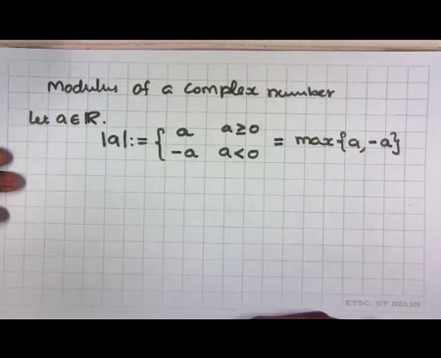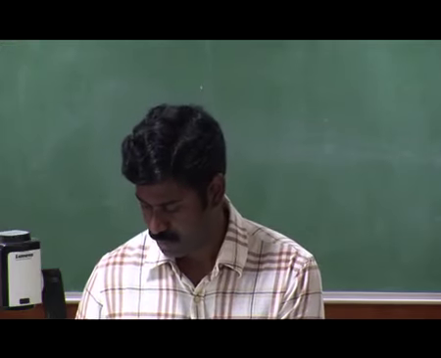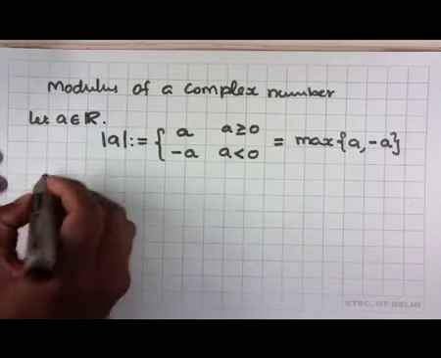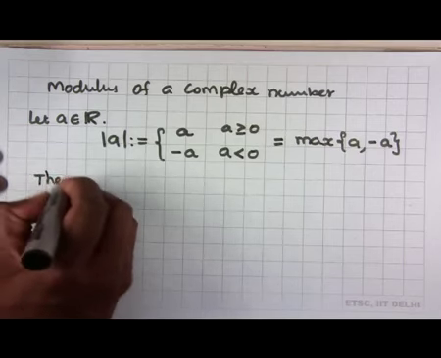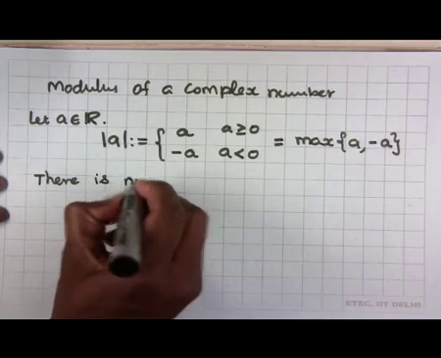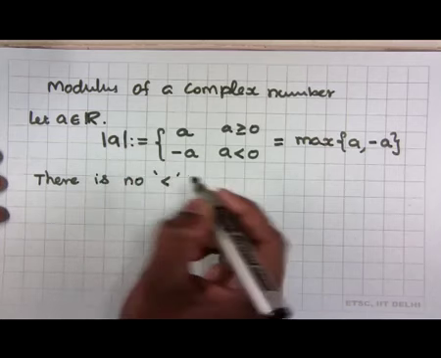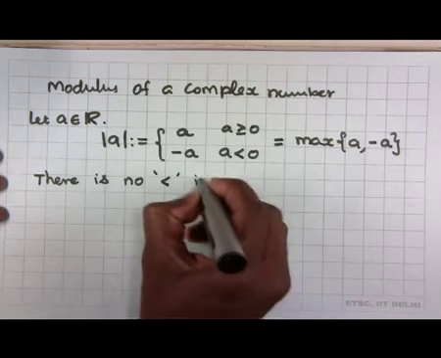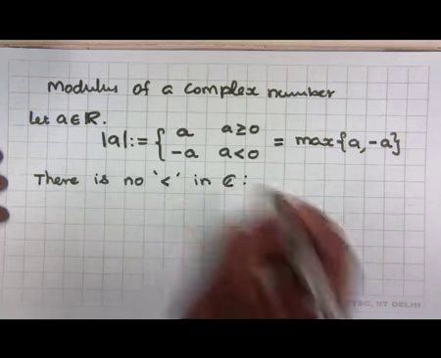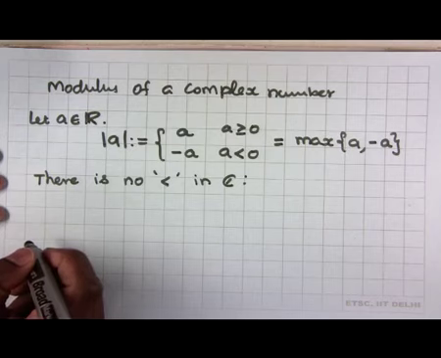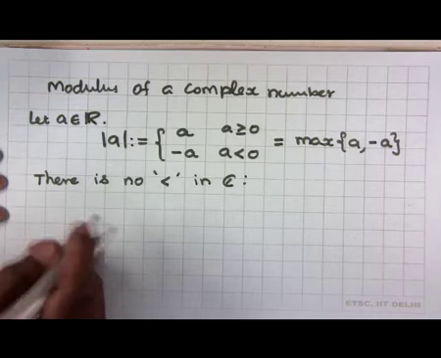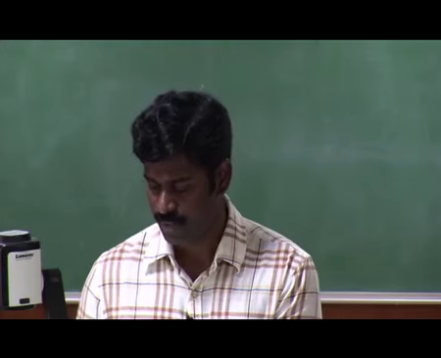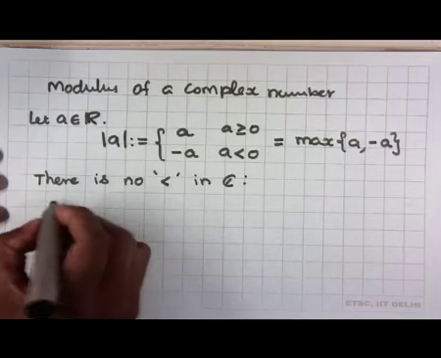So, I am not writing in detail, but let me just give some rough idea. First, let me write: there is no less than relation, which means we cannot compare two complex numbers in C. Just an idea: suppose there is a relation less than,